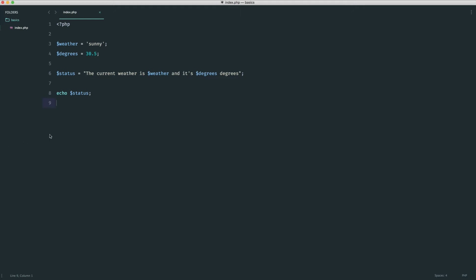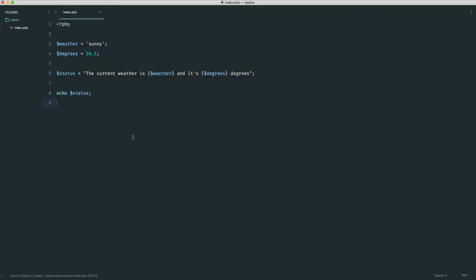So sometimes you might see the following syntax. Let's go ahead and wrap these in curly braces and see what happens when we go ahead and output these. And there we go. We have curly braces around this and you can see we get exactly the same result. So if you do see this at all, why would you do this? Well, when we don't use curly braces like this, PHP doesn't know when the variable name starts and when the